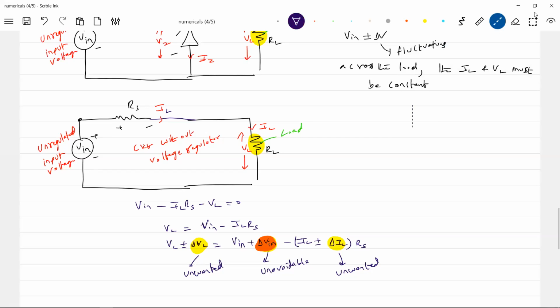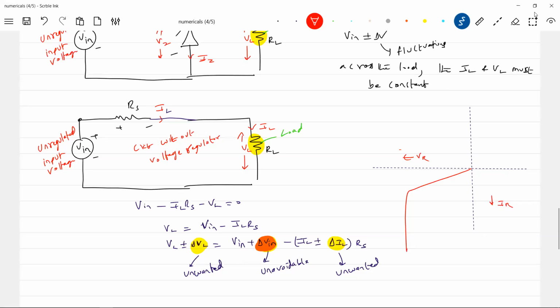So I'm just telling a story. If you understand this, rest all everything is numericals. Rest all everything is numericals. So therefore, I will search for a device. As I do have a device, that is the Zener diode. If you look at the slope, this is the reverse voltage, there's a reverse current. You look at the slope here. Look at this particular part.